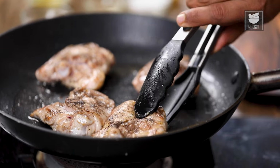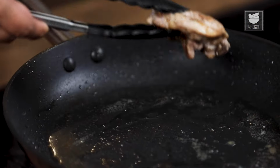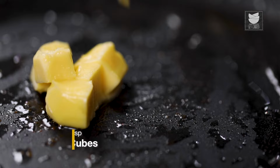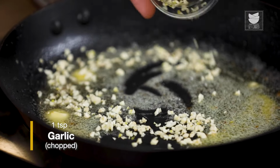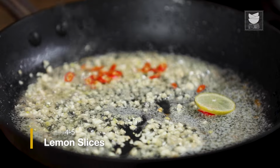Now that our chicken is pan-seared, I'm going to remove it on the board. I'm going to use the same pan for the sauce as it has the remaining juice of the chicken, which will give nice flavor to the sauce. To the pan, I'm going to add some butter. As the butter starts melting, I'm going to add chopped garlic, chopped red chili, lemon slices,